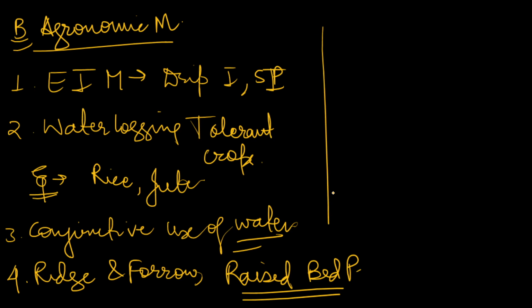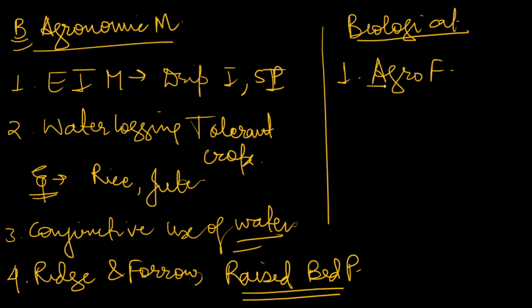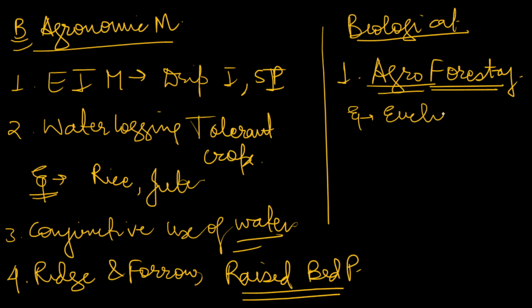Similarly, we can also write some biological and other measures. Biological or general other measures which are left. You can mention afforestation or agroforestry, because trees near the field prevent waterlogging. There are various trees, for example, eucalyptus. Eucalyptus is one tree which has a high evapotranspiration rate. So if in waterlogged areas we plant eucalyptus, it will transpire more and reduce the water content of the soil,